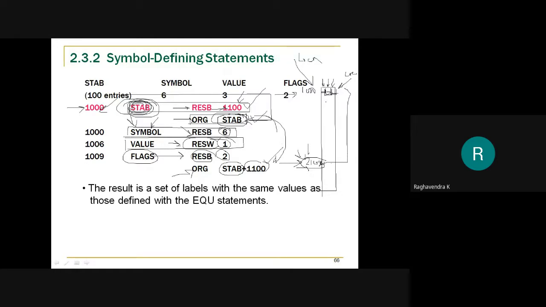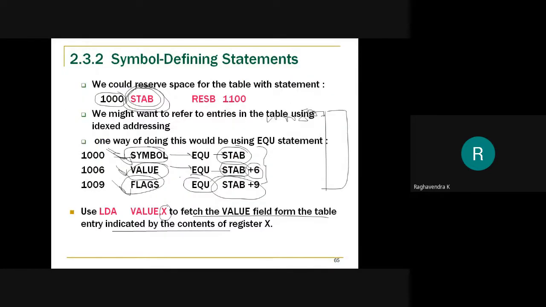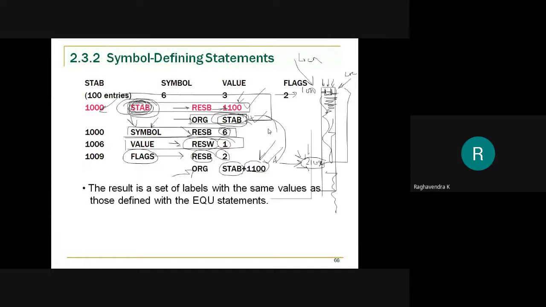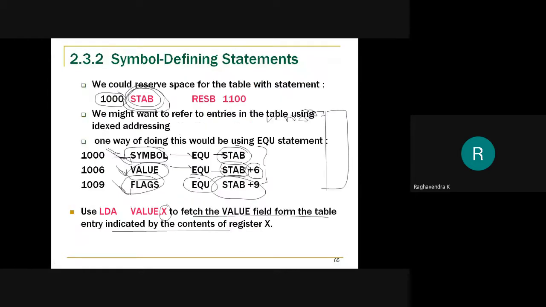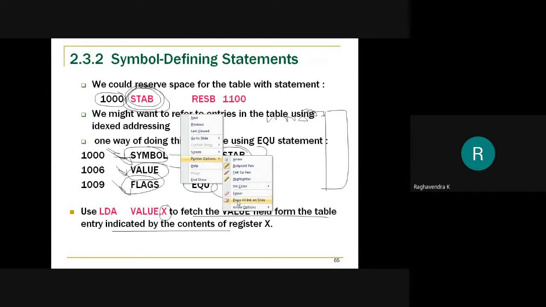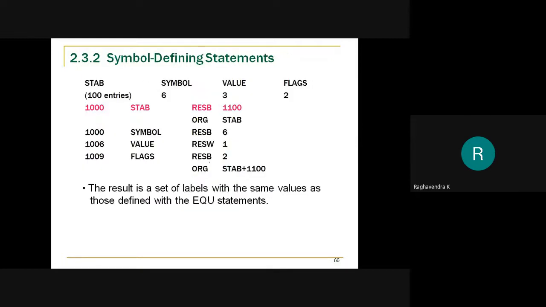If you don't do that, then address assignment would begin from here, so this table would contain the instructions that actually should follow. It would be wrong, so it is your responsibility not to make that happen. This and what we defined previously are both similar, but this one gives us a clear definition. That's the only advantage of using ORG here. It gives us a clear reference and clear definition compared with the previous case. So this is one of the advantages of using the EQU and ORG assembler directives.